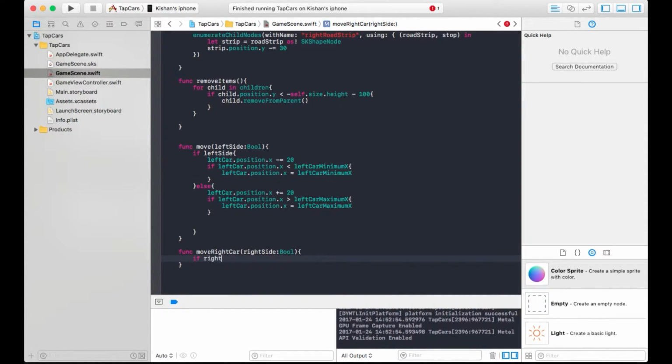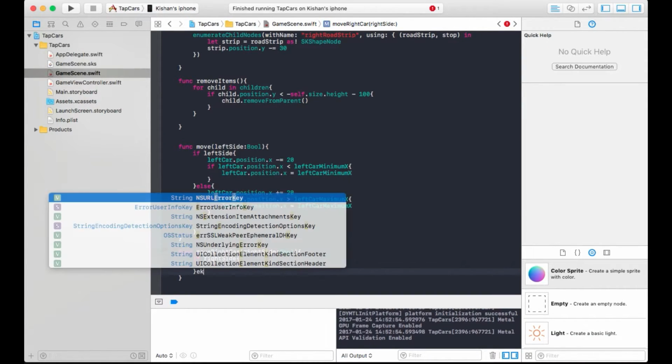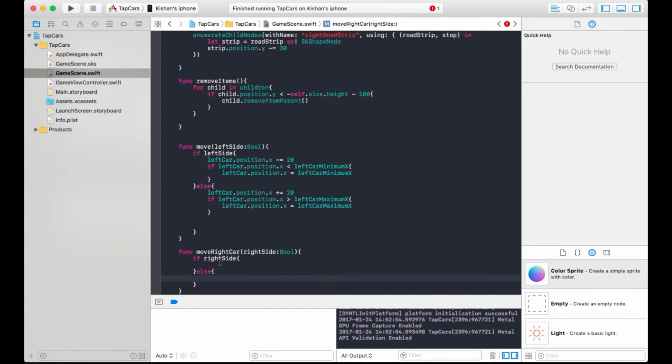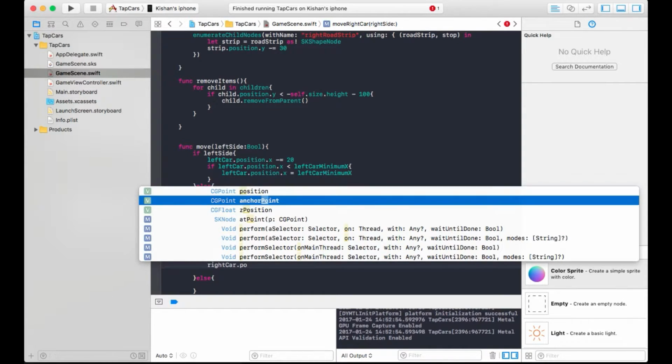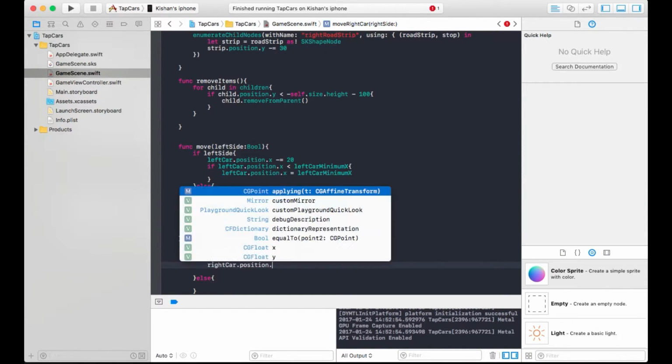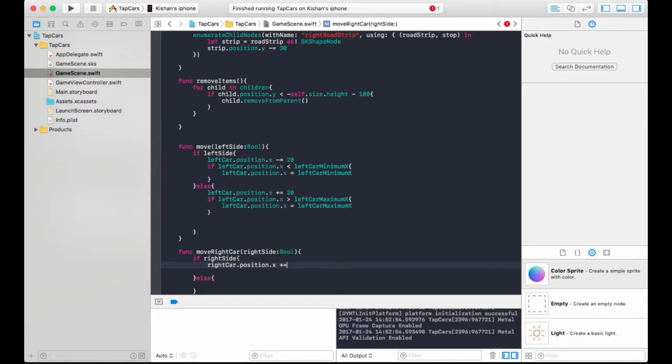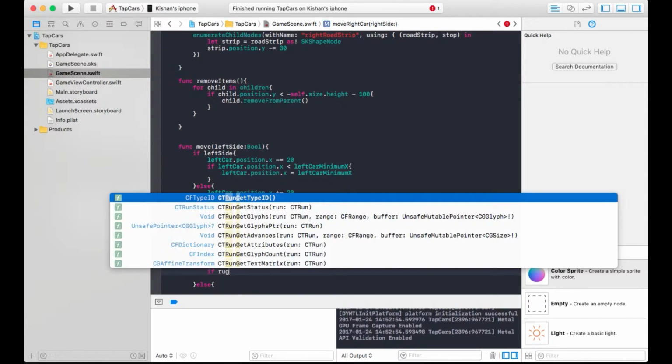If your car is at right side, or else. Now right car dot position dot x plus equal to 20, and if right car